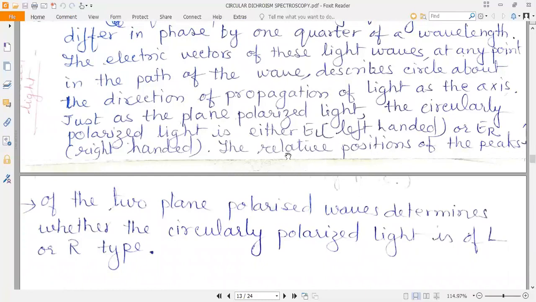The relative positions of the peaks of the two plane polarized light waves determine whether the circularly polarized light is of